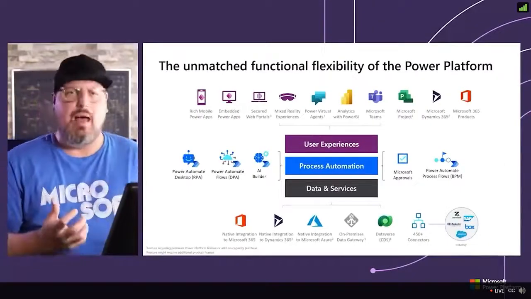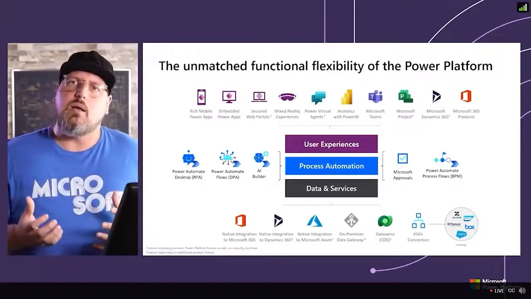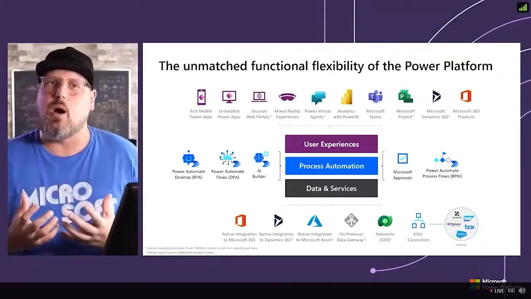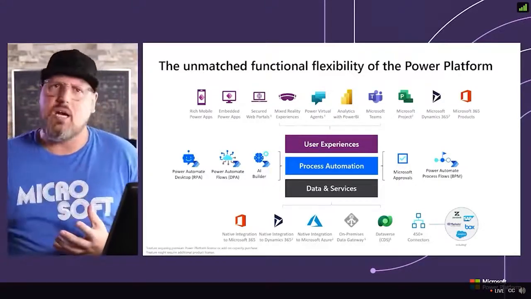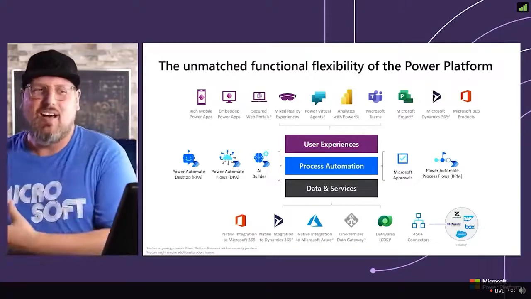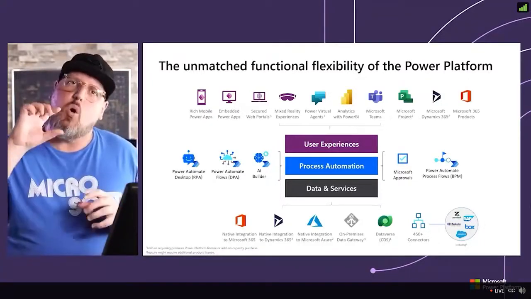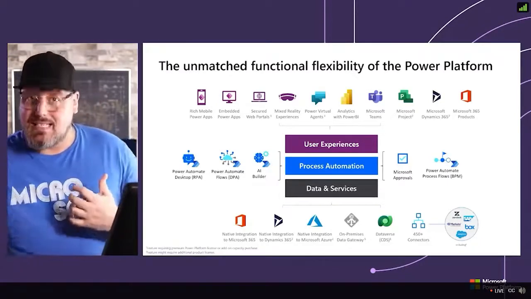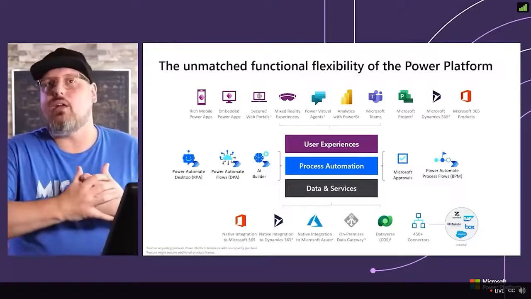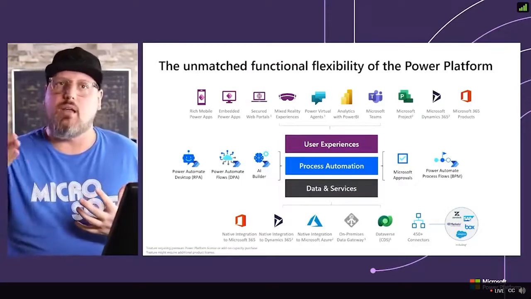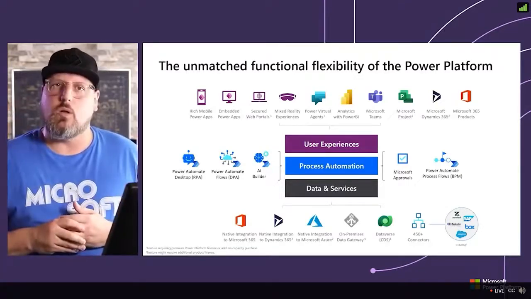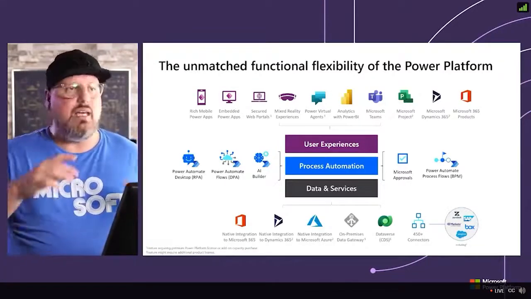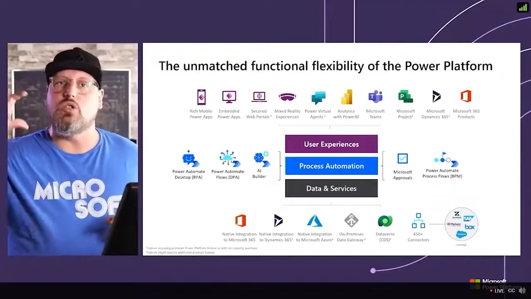We have apps, automation, chatbots, and all that good stuff. But people work and live outside of this single app or outside of this single chatbot. They use Teams, they use their CRM, they use Outlook, they use Excel, or they use Microsoft Project. So many capabilities of the Power Platform are made available as standard features of those products. So if you create an approval workflow, it can be triggered automatically from your CRM if it's a discount you want for a client. Or if you're in Microsoft Excel and you have a list of attendees of an event, you can select that list and just click on a button, use the flow, send an email to send an